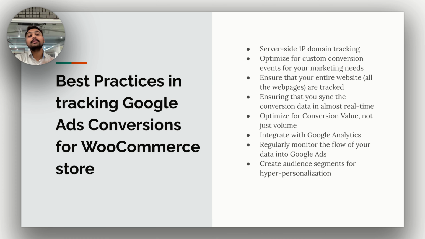Next, optimize for conversion value and not just volume. I've seen most of the marketers go with maximum conversions, not conversion value. What I would suggest is go with maximum conversion value and optimize for conversion value by sending all this conversion data. When you're setting up conversion tracking, ensure that you're setting it up with value. You're also tracking conversion value and sending it back to Google Ads. Google Ads can understand who are the valuable customers and who are not when you send this conversion data along with value. So that is a best practice if you want to leverage the best of Google Ads conversion tracking